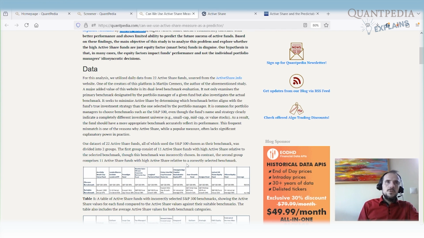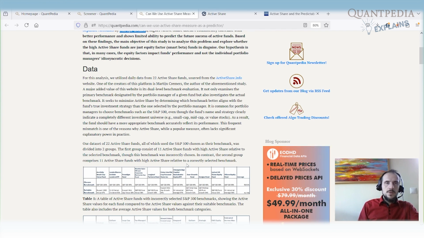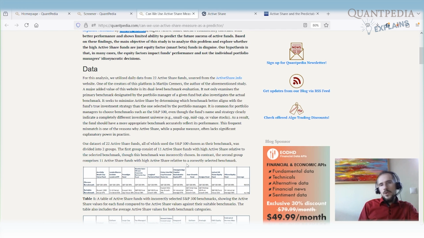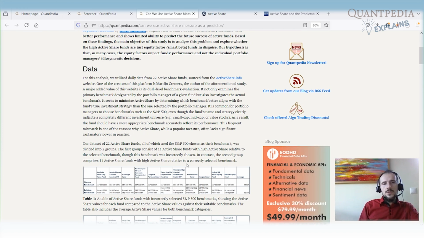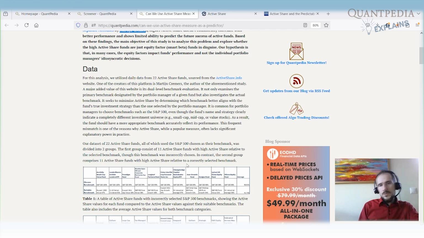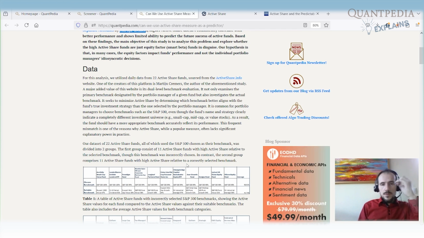But here is the question: does your performance come from stock-picking ability? So are you a good stock picker? No, in this case you simply picked the wrong benchmark, one that's not correct for your fund. If you have outperformance or underperformance, it is all because you have a completely different style from the benchmark you selected. So you are not buying the large cap growth stocks of the S&P 500, but you are buying small value stocks. So in this case, you have high active share, but you have the wrong benchmark.